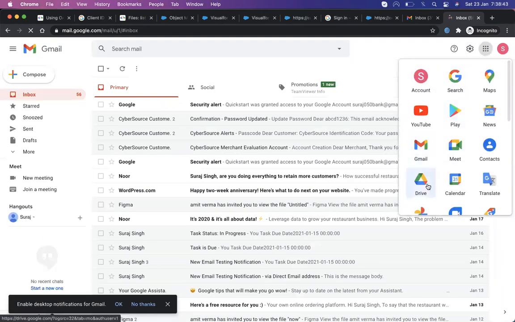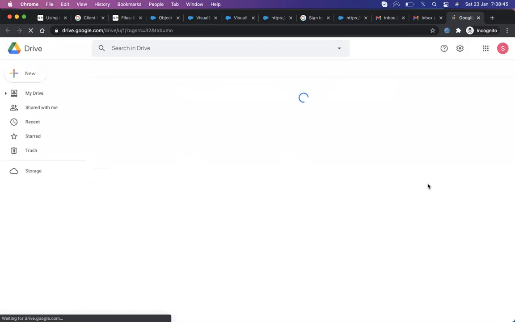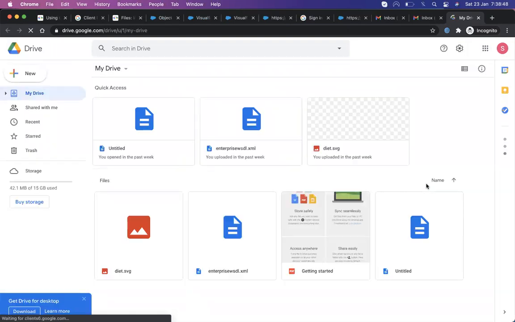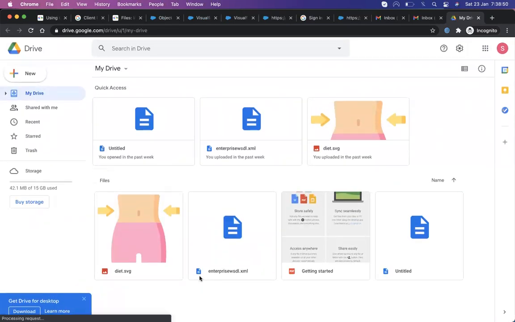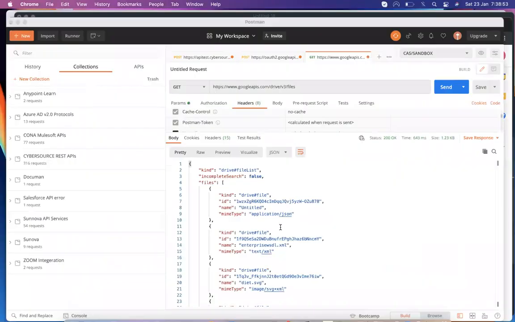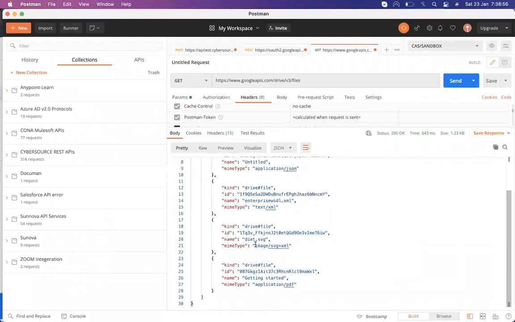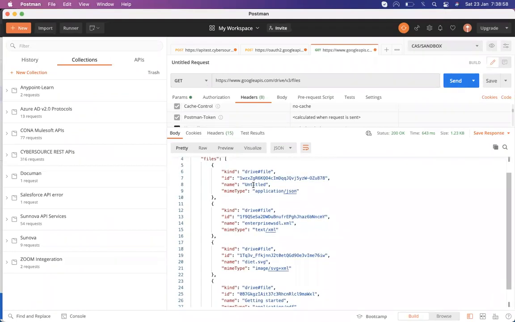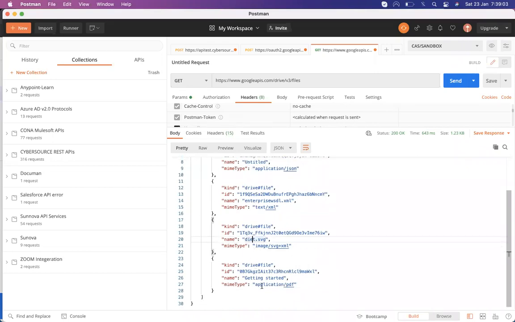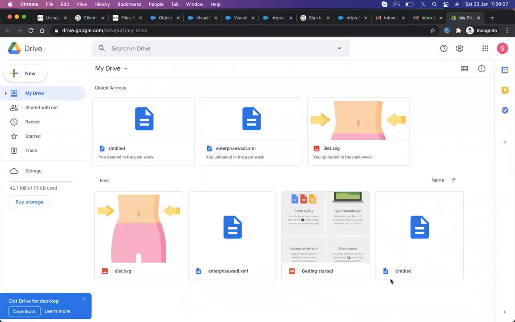Now, where is my drive? Here is my drive. Okay, so we have 4 files available here, and in the response I'm getting the same 4 files. You can see the names: enterprise WHL, diet SVG, and getting started. These are the same files available here.